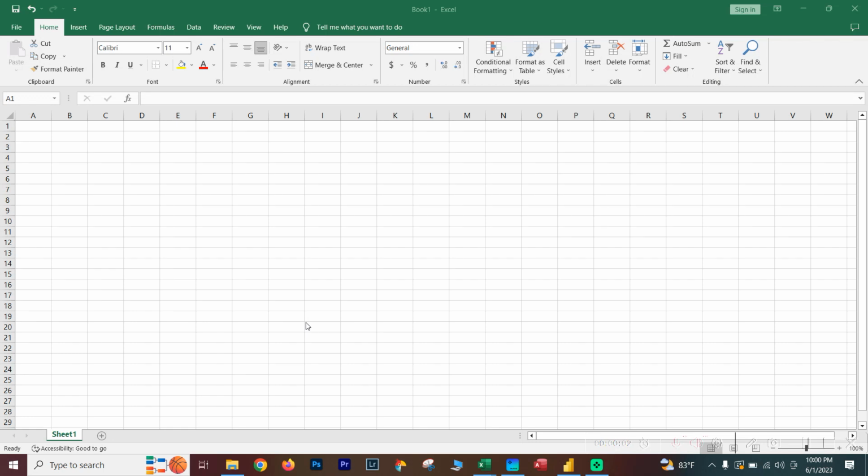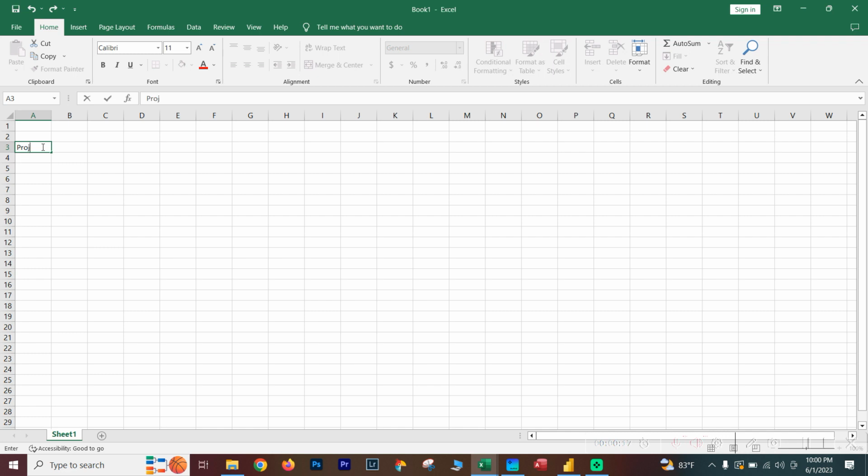Hey guys, today I want to show you how to create your own personal monthly budget template in Excel, and I think it's going to be really helpful. We're going to make it really intuitive and easy to use. So let's get started. First things first, I want to add a little chart here that's going to show you